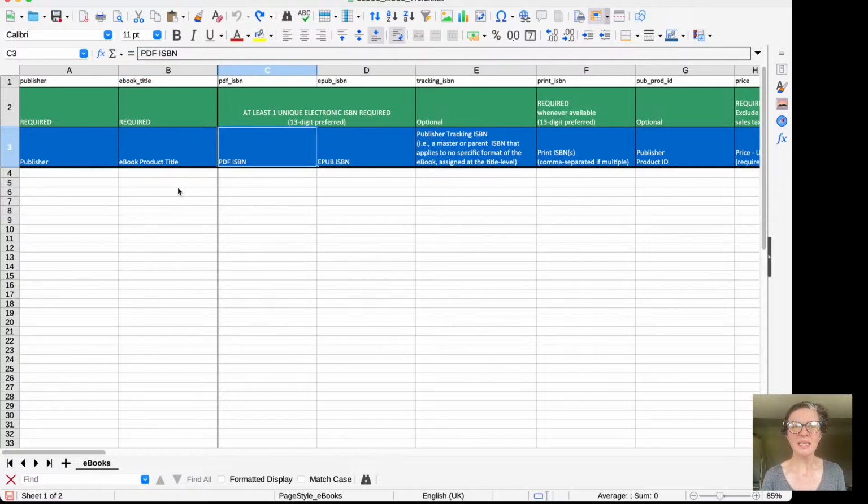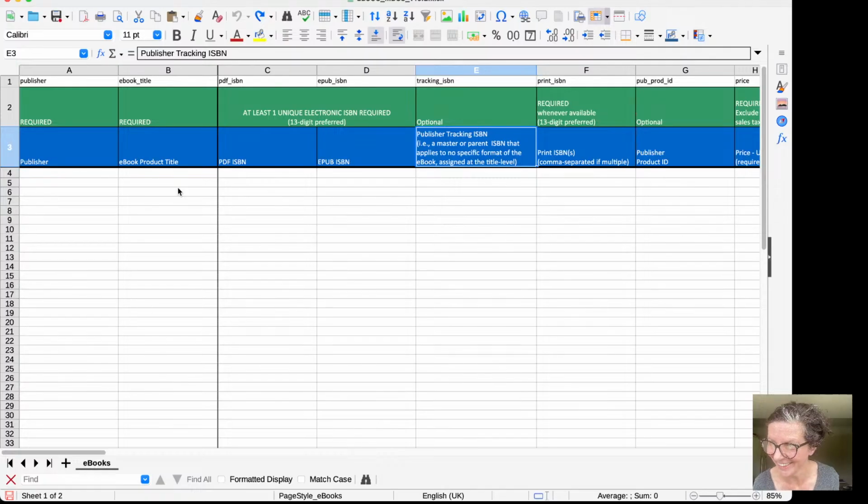Then the next column along says PDF, ISBN. So you think, okay, so is the ebook the PDF? But then the next column along is EPUB, ISBN. And then column F is print ISBN. So I am making the supposition that the rows here are actually works, but the main data that we're going to be hoiking out and putting onto the page is going to be EPUB related. And I've just skipped column E because